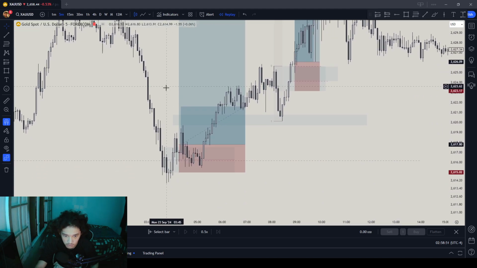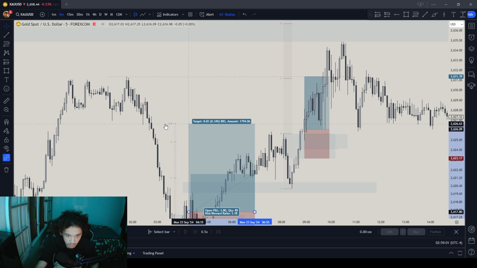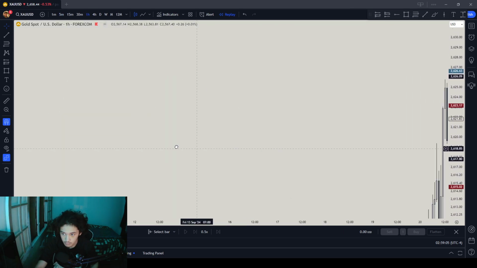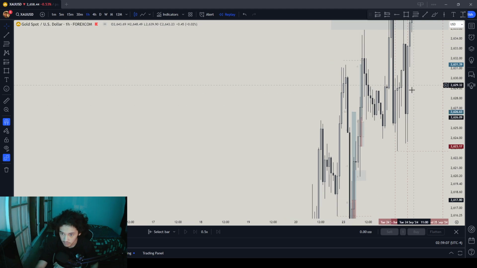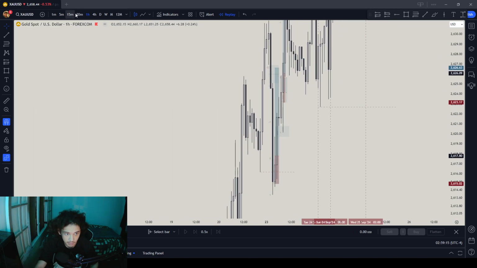That's a huge 2 RR. It would have been the hourly fair value gap, that's right over here. This hourly fair value gap would have been our take profit and final take profit, which just straight away aligns with this, right? In the hourly time frame. Fair value gap straight away aligns with it, so boom. Final take profit is going to be there. First take profit is going to be right over here. This one already got touched by the market, right?